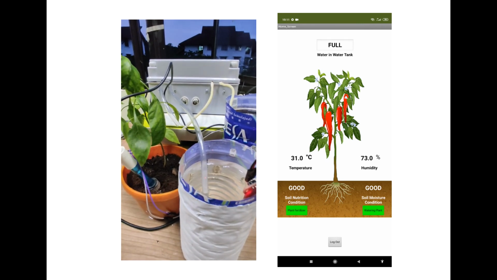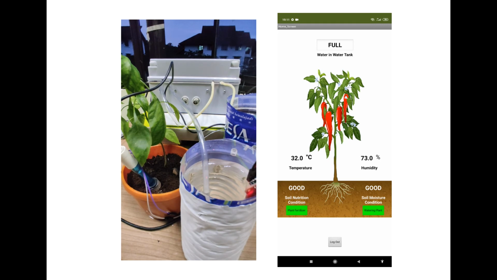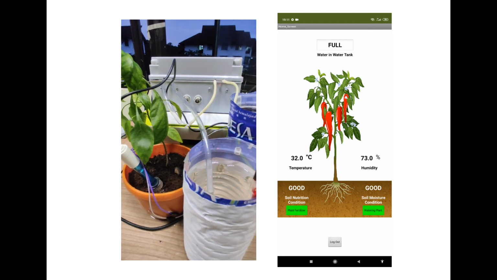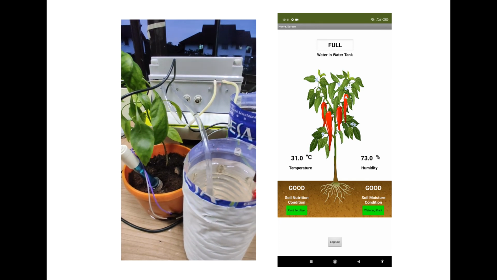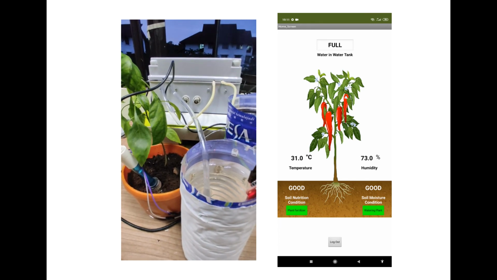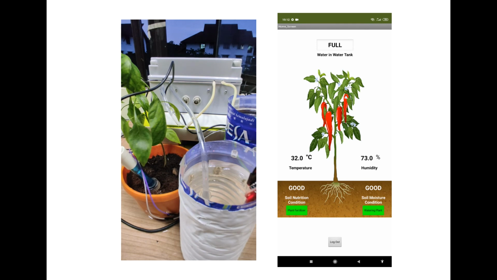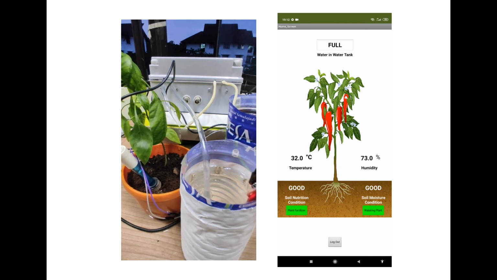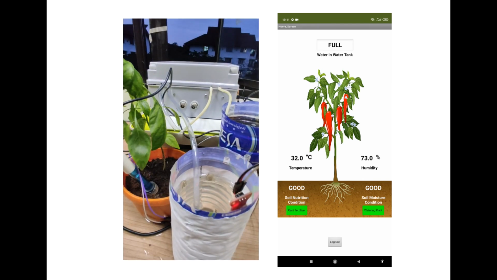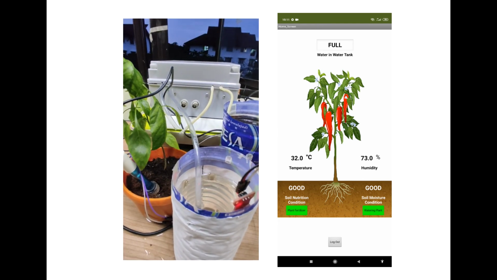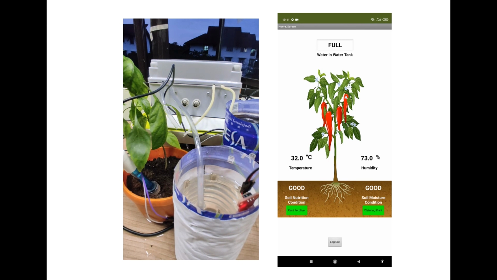So let's say I click on the watering plant button. The water is slowly pumped to the plant from the water tank. I made the video faster because it will take a while for the motor to pump the water. It will pump the water for a few minutes and then automatically turn off. So let's say if I click the plant fertilizer, it will pump the fertilizer, which is the black liquid, to the plant.